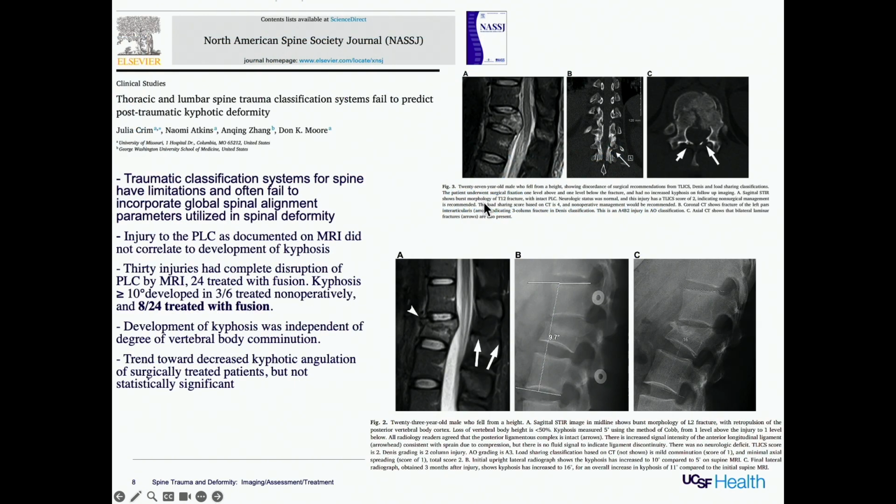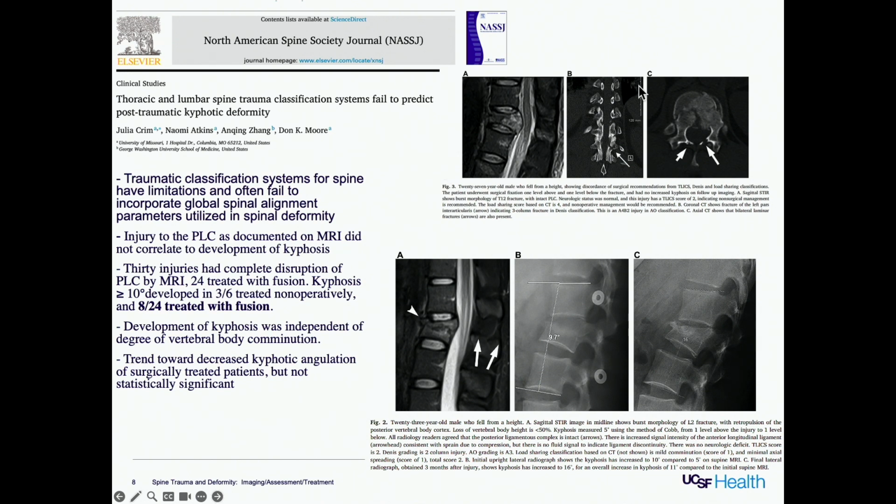The other area is, often traumatic spinal classification systems are used to decide whether to treat operatively or non-operatively in the beginning. There have been a couple of reviews of these showing that, in general, the maneuvering towards early mobilization with a spinal orthosis does probably underestimate longer-term development of kyphosis. This one review had patients that were treated both non-operatively and operatively with progression of the kyphosis, even in fusion patients. Patients that were treated with a fusion had less progression of the kyphosis, but it still did occur.